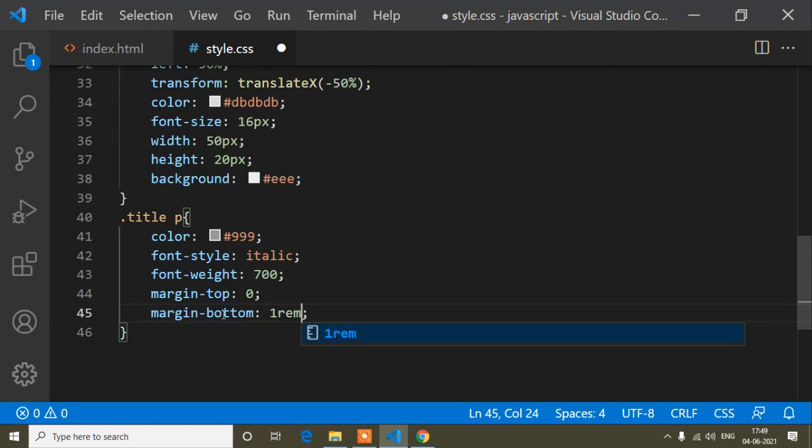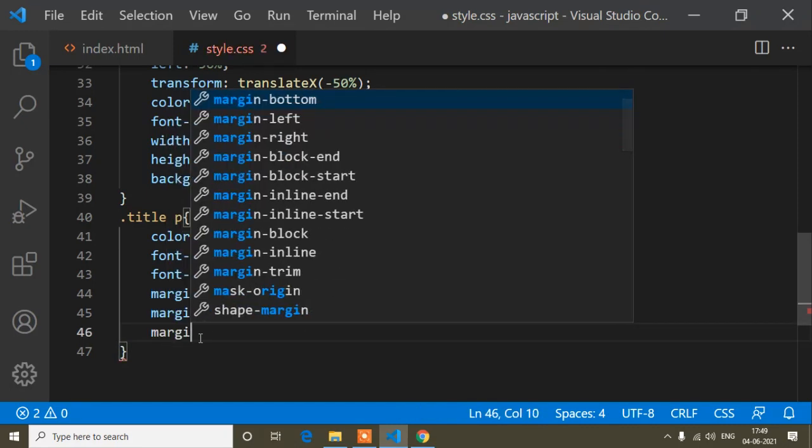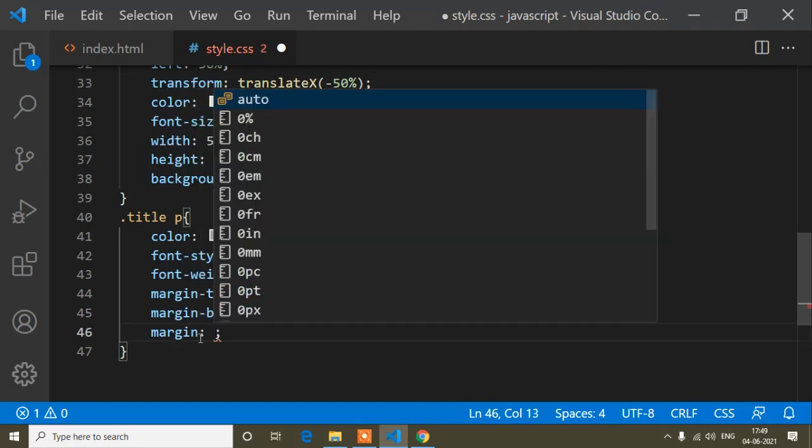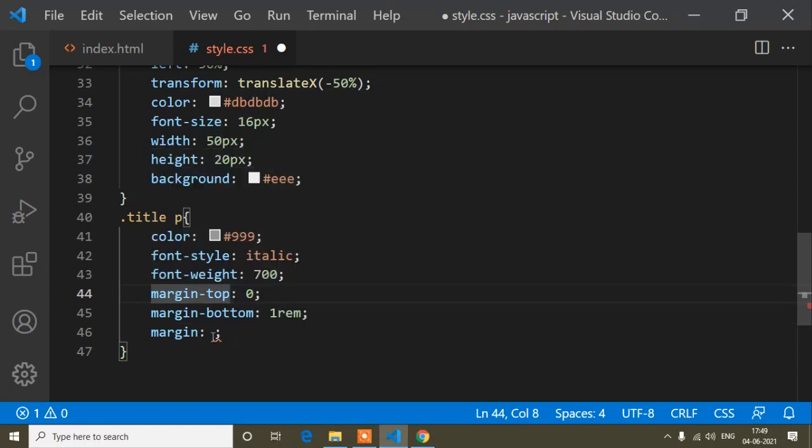So guys, another thing I want to clarify: here I have passed margin top and margin bottom on two lines, but instead of these two lines, you can pass it this way. Suppose you write margin only, and then the first value denotes margin top 0, and the left and right will also be 0. So after top it comes right, then bottom, where margin bottom is 1 rem.